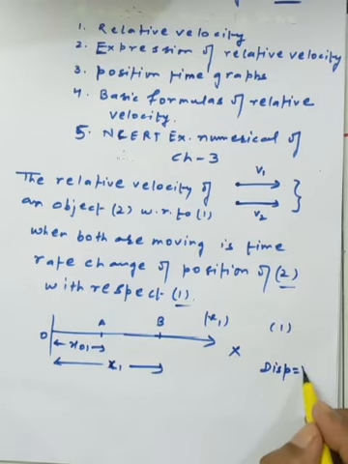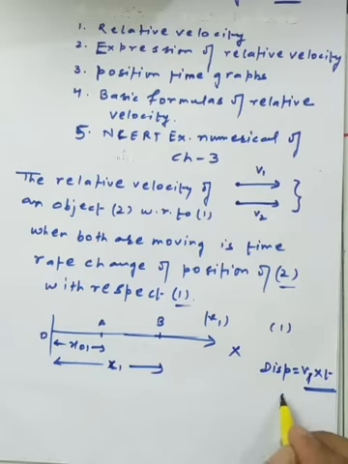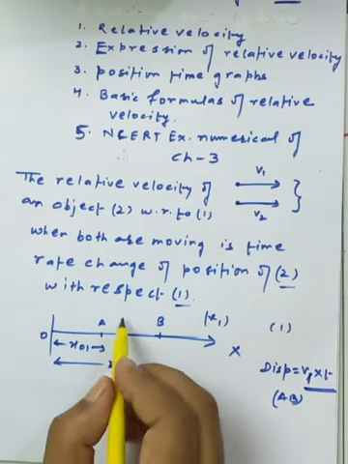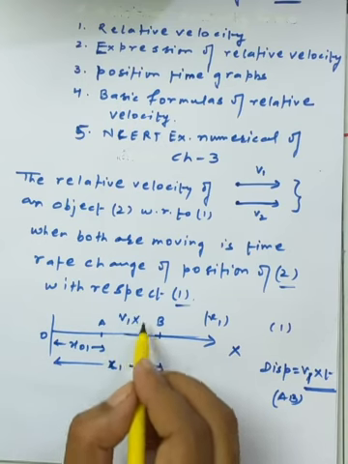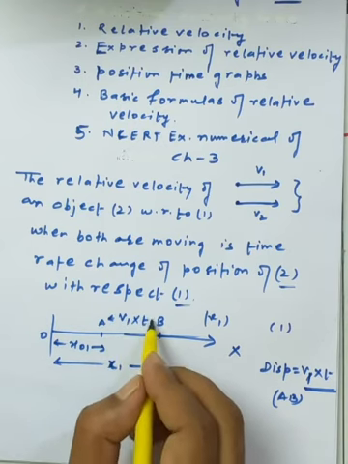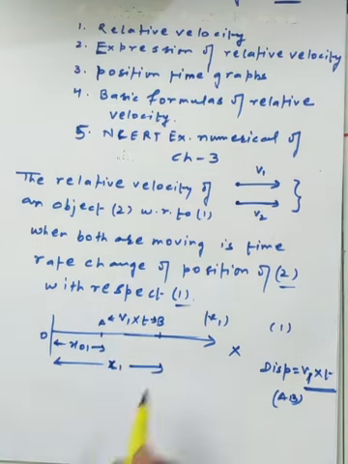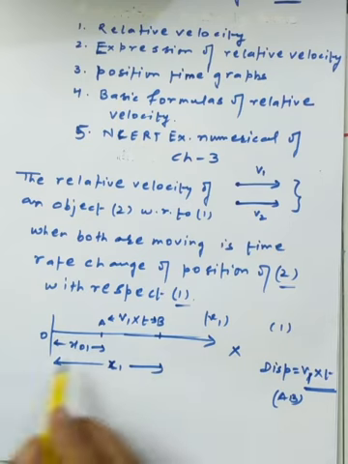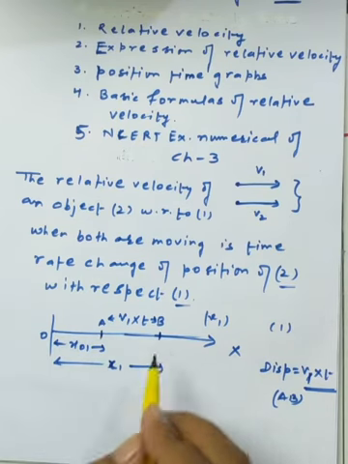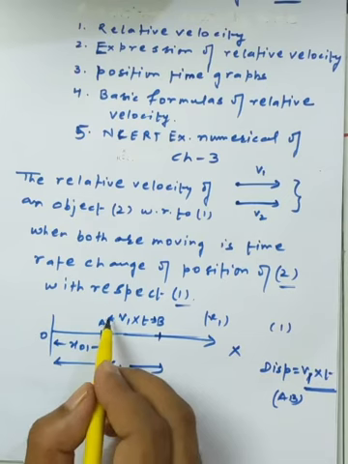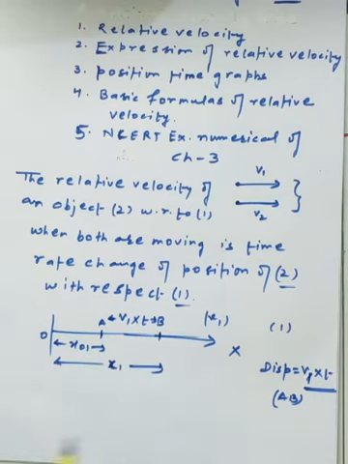Displacement is equal to v1 into t. This is a notation for the AB portion. So if anyone asks what is the possible displacement from A to B if an object is moving with the velocity v1, and initially it is starting its motion at A, then the displacement of the object is v1 into t.